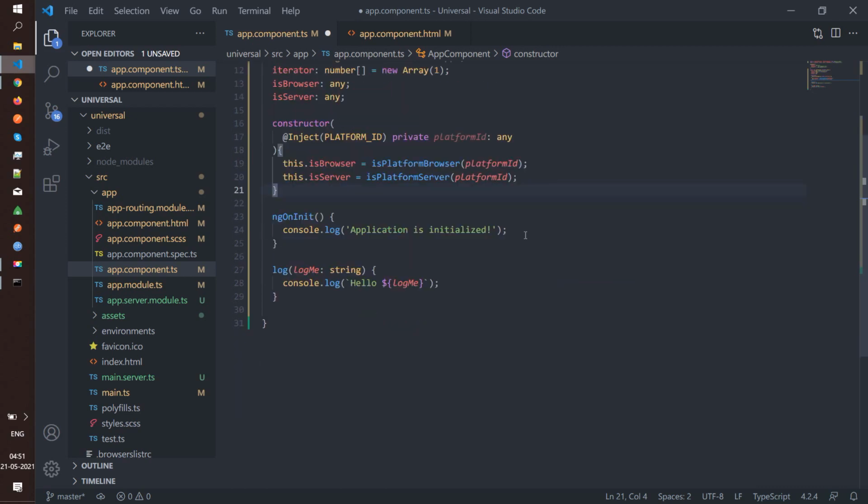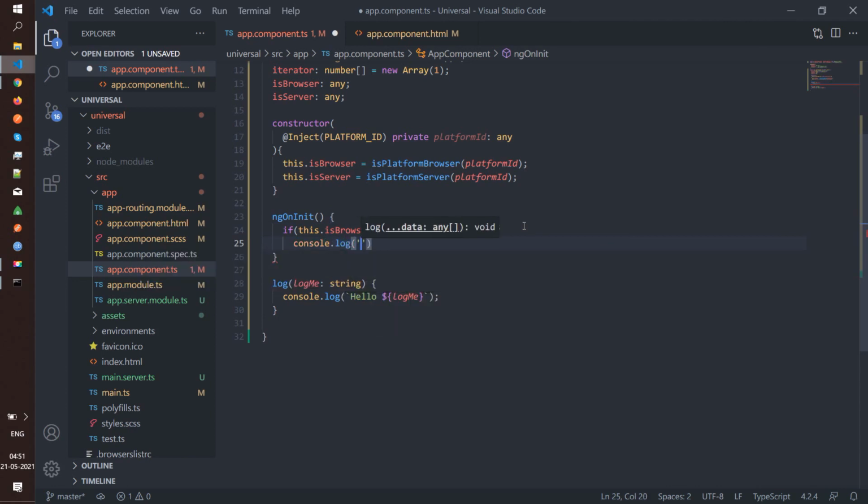Now I'm making this log statement conditional. If the application is getting processed or being loaded on the browser platform, I simply want to log app loaded on browser. Okay.